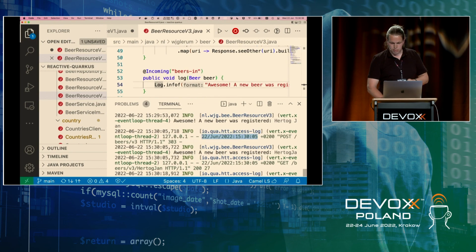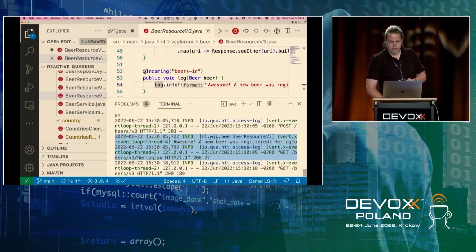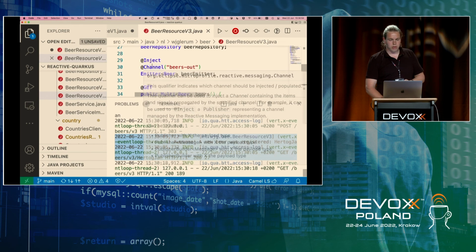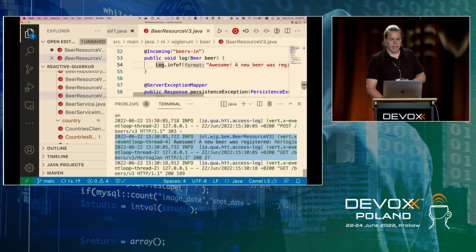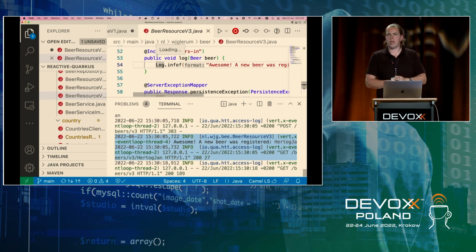So what you can see happens here, we're still running on the event loop threads where I posted my beer. And I'm listening to those events, so as soon as a new beer gets published, we print out that beer. So with just 2 annotations, with my channel here to define the beers out channel and the incoming beers channel, I connected to Kafka. You never saw me set up Kafka because Quarkus did that before me in the background with Dev Services. And if I want to run some tests against it, it will spin up a new Kafka broker for me, and I don't have to worry about that configuration either.